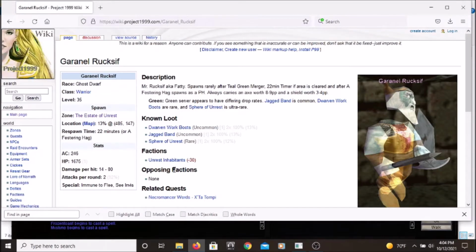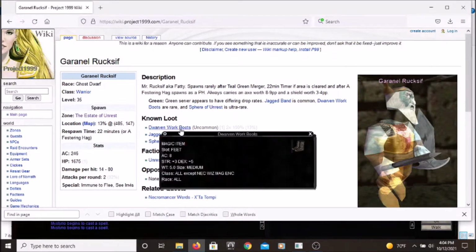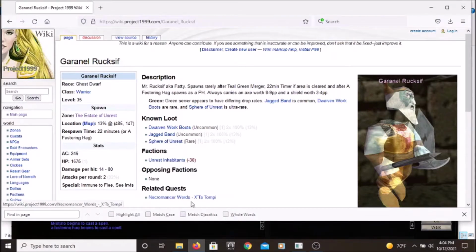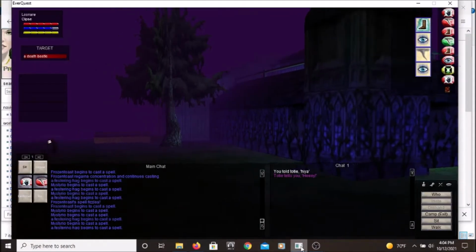35. Like I could kill that, but unprepared with a bunch of stuff on me. That's dwarven work boots and jagged bands, and obviously some sort of quest. Anywho,